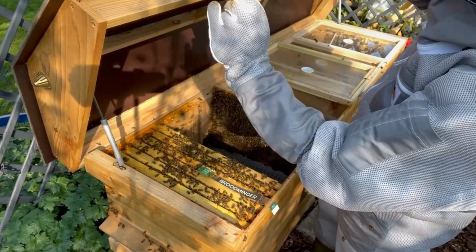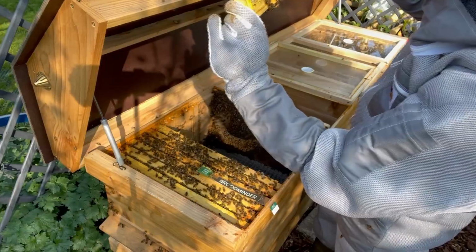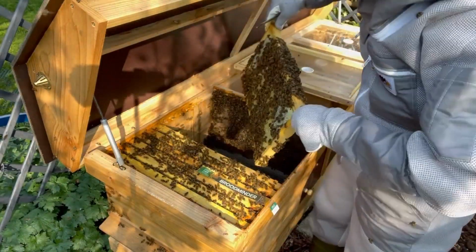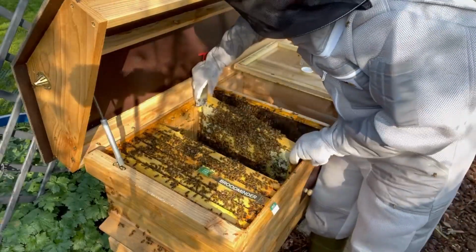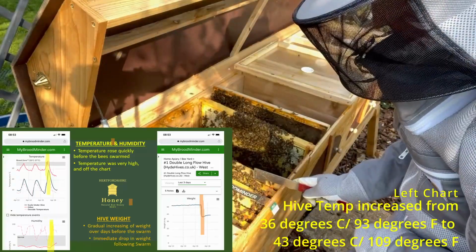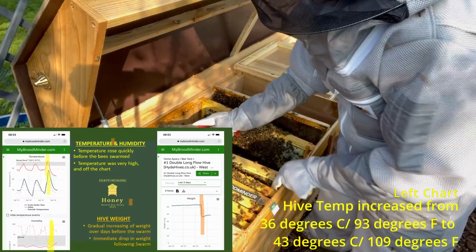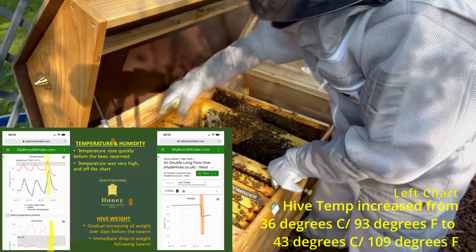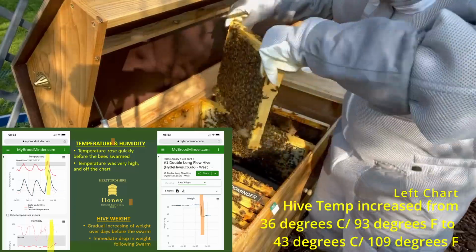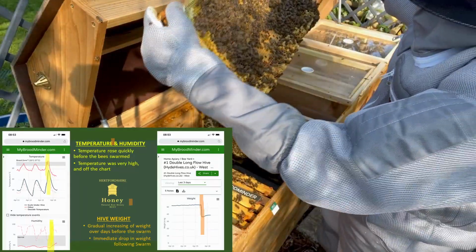So on here again, quite a few drones, pollen bread, and lots of bees, and just stores on that one. As the Broodminder team have started to discover, before the actual swarm happened, 2 to 3 hours beforehand, there was actually a spike in temperature, and that reflects the fact that there's been increased activity. So we've got some drone brood on here,